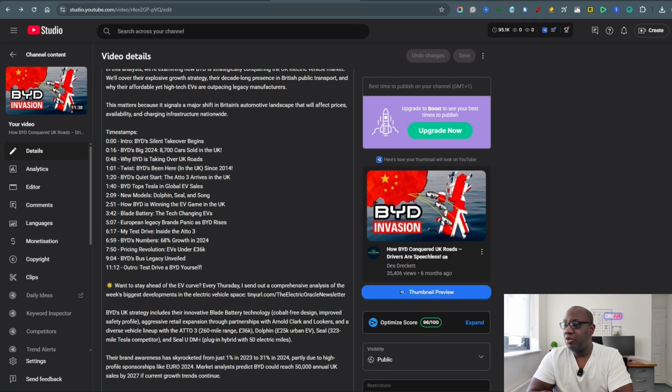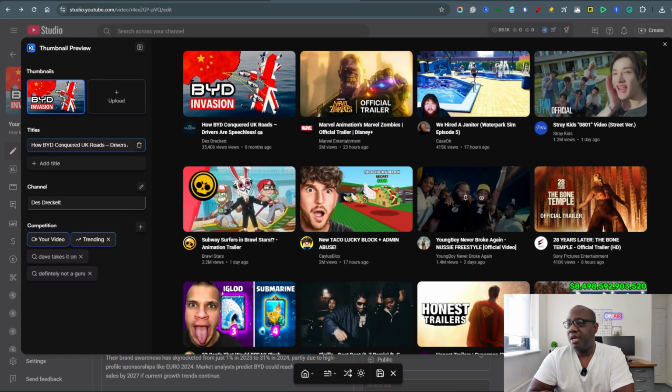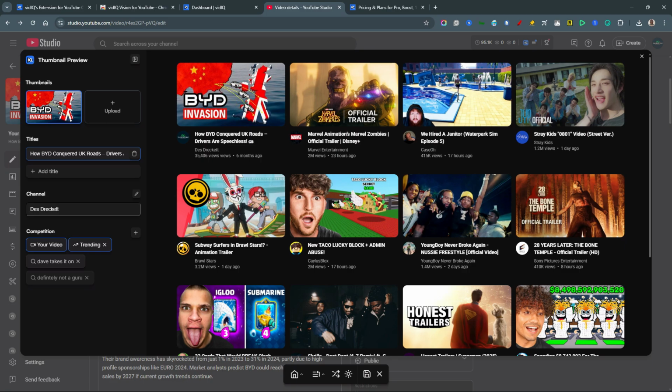You don't need to be interested in anything else, just click on this button here. What it does, it shows you what your thumbnail looks like on the home page. So you can see now,